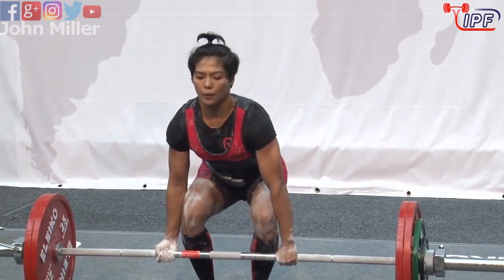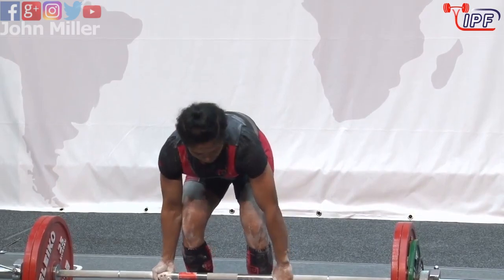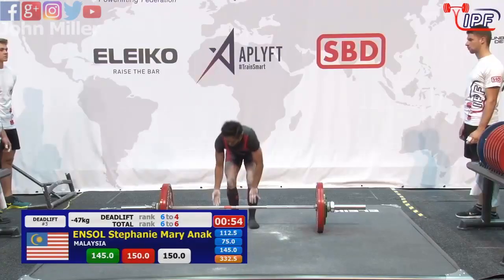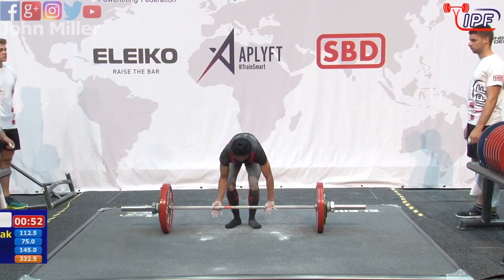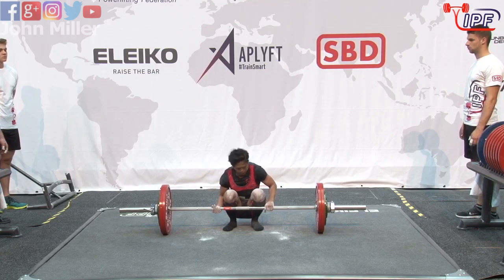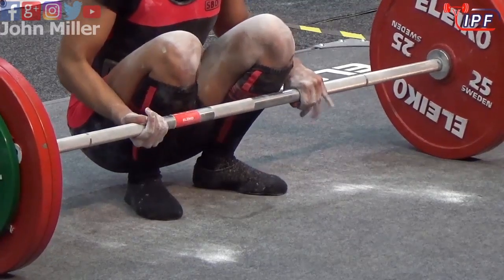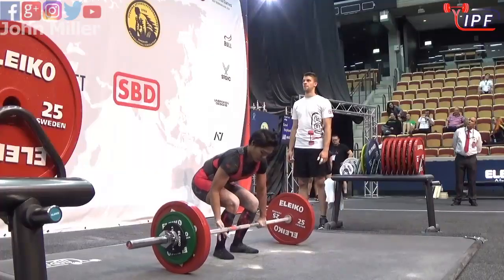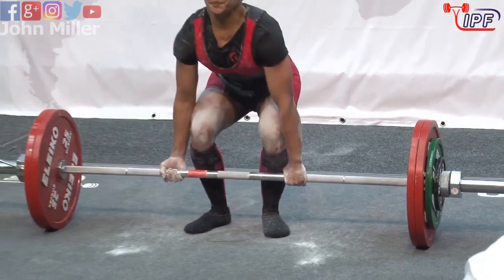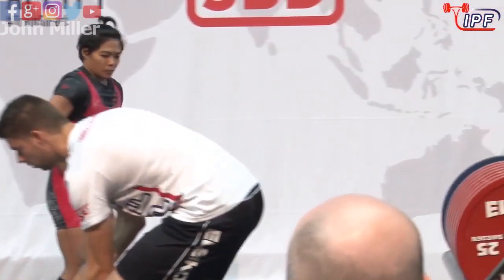Being a conventional puller, a little more lower back dominant, your hips can ride a little higher. Oh, moot point now. No, that's affecting her a little bit there. If Rentala can be any kind of inspiration, I've been taught so many times watching these lifters, you can never count somebody out. Yeah, when you think it's impossible, they do it. Yeah, just a little bit too much today. She's had a very